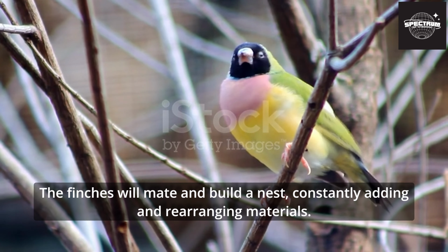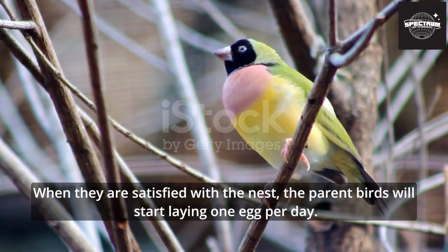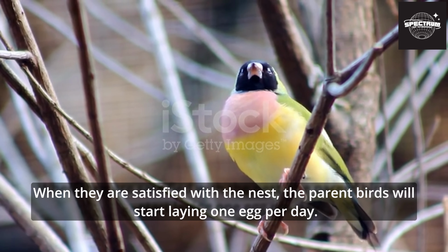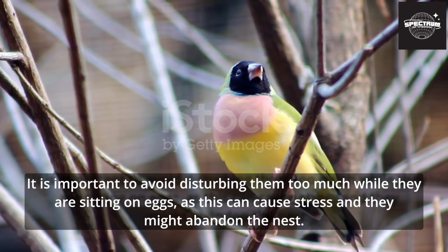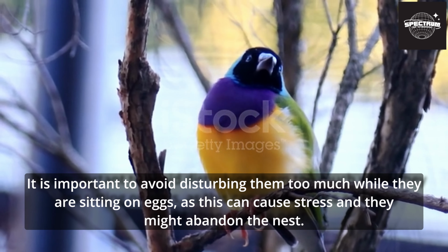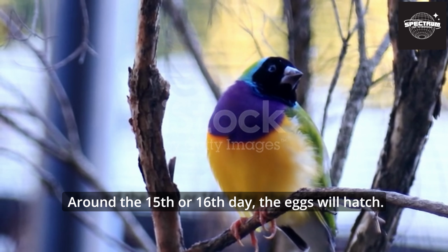The finches will mate and build a nest, constantly adding and rearranging materials. When they are satisfied with the nest, the parent birds will start laying 1 egg per day. It is important to avoid disturbing them too much while they are sitting on eggs, as this can cause stress and they might abandon the nest. Around the 15th or 16th day,